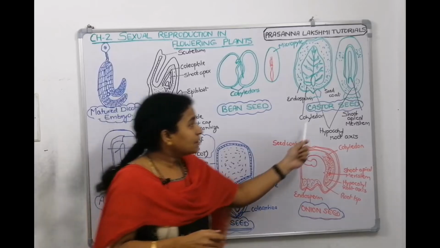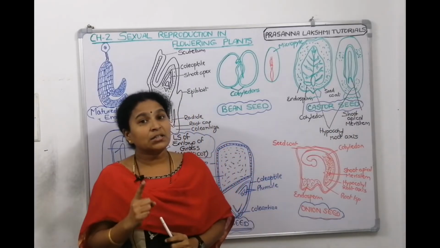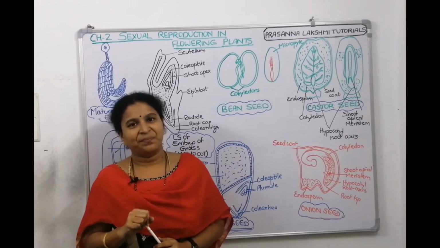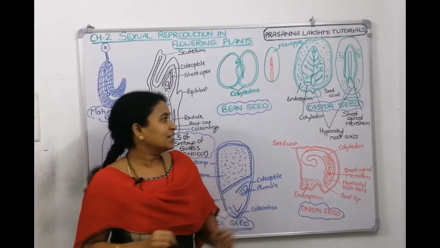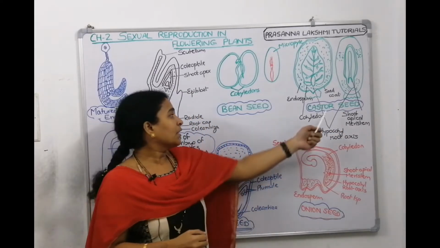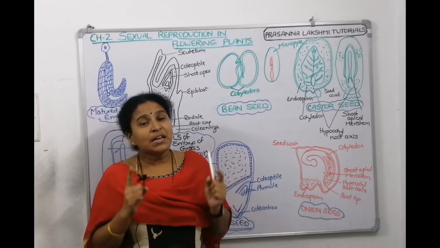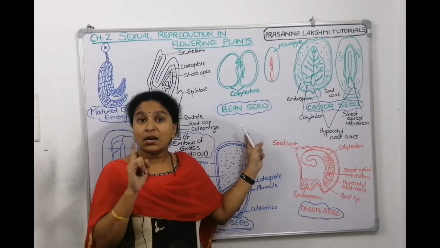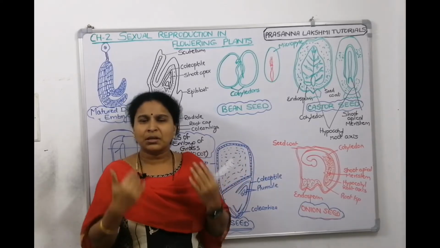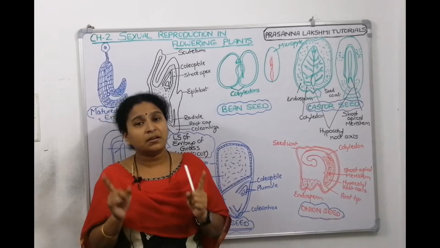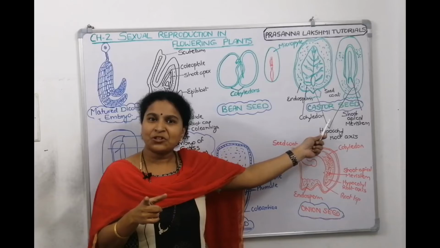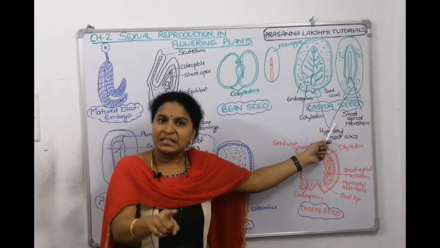Now next, coming to another seed, castor seed. Do you recollect anything about castor? Is it monocot or dicot? It is a dicot seed. But what is the speciality of castor when compared to other dicot seeds? We say that dicot seeds are non-endospermic, as the developing embryo consumes the complete nutrition. That's why dicots are non-endospermic, whereas castor is an exception. It is dicot but has endosperm.